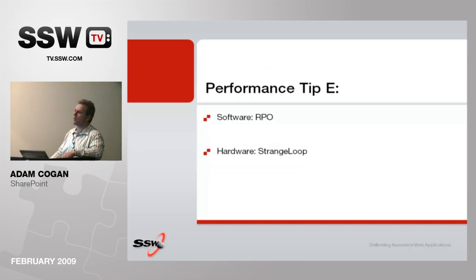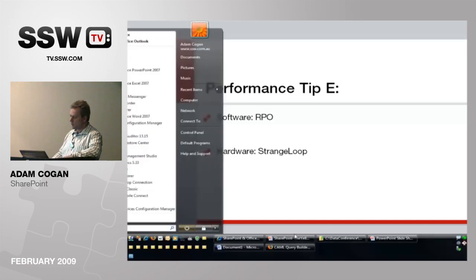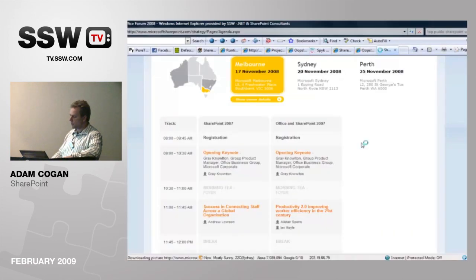And now there are some other solutions that you can consider. One is RPO. It's from a company called Intergen in New Zealand. And basically, what that does...